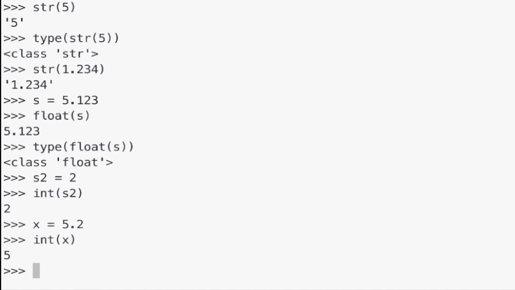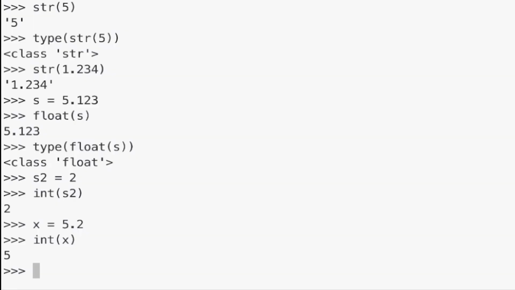So one last thing before I conclude this video. If you remember, I said when you are working with floating point numbers, internally in the hardware, they are represented approximately. They're not exactly the same as the number you're trying to represent. That might lead to some unexpected behavior. But if you know how floating point numbers work and how they're represented in the hardware, it should be expected. So for example, just to show you one of the things that is not to be expected, or is going to come to you as a surprise, but it actually makes a lot of sense,